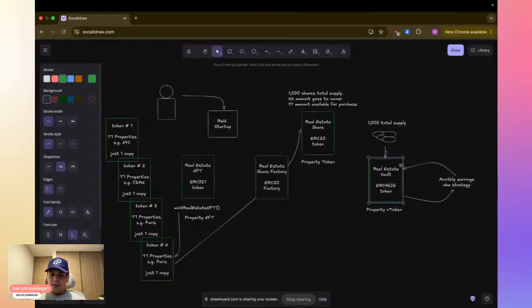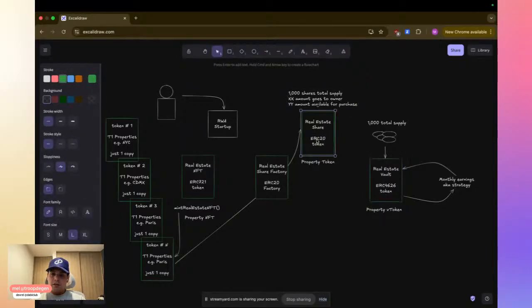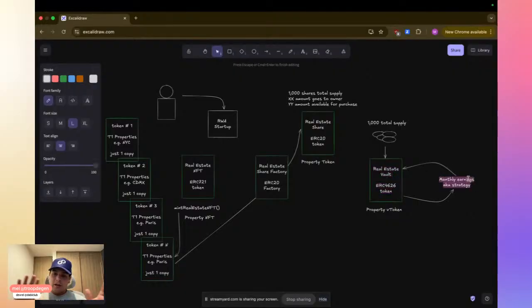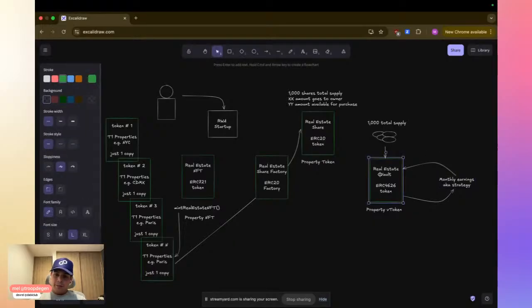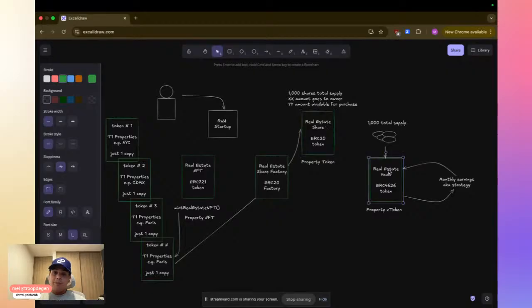Once we deposit them into the real estate token share contract, that will give us the NFT and the shares for each real estate. After that, we will create a vault contract that will accept those share tokens as a deposit. Those share tokens will then be deposited into a strategy or somewhere else. We will simulate that we're sending out this money or locking it in, depending on your strategy. Ideally, they will be used for other DeFi purposes. And any money generated will be deposited into this same smart contract, and the earnings will be available for the holders of the shares in proportion to their current shares.